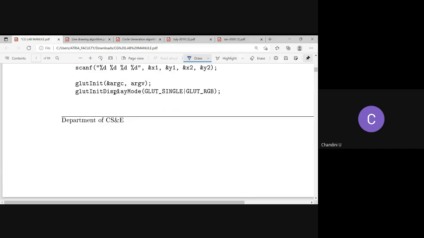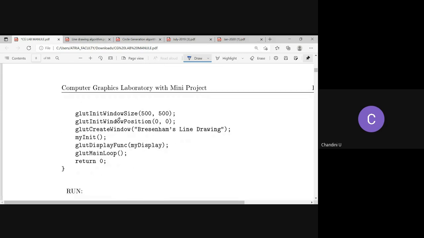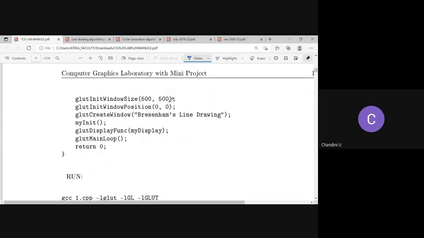Then the next thing is you have to create the display window, right? For creation of the display window, you have to set the display mode, then set the window size, then window position, then create the window. This is just setting the title. Okay, these things we discussed while taking how to create a display window using OpenGL.